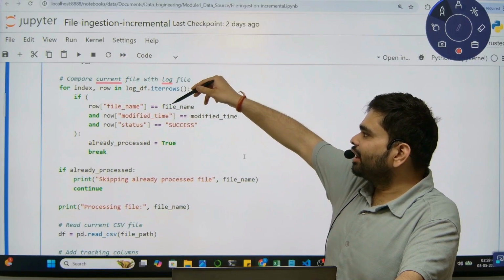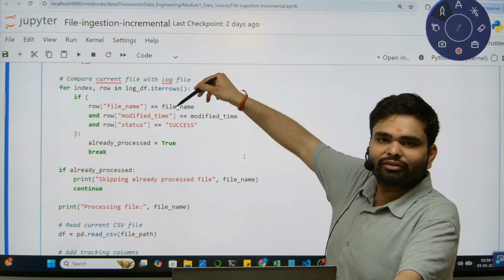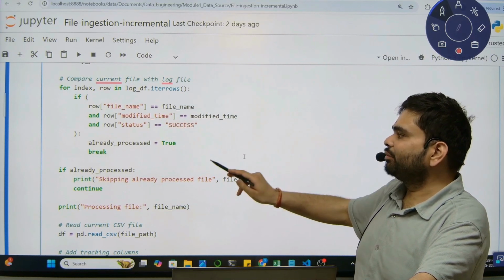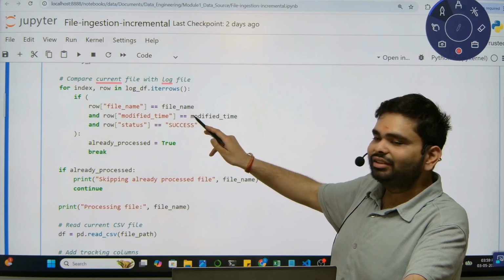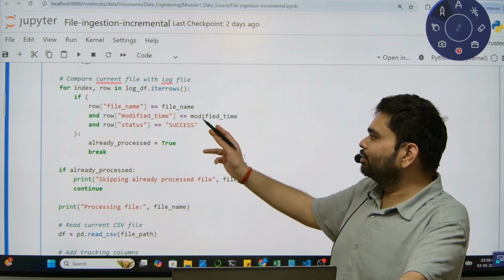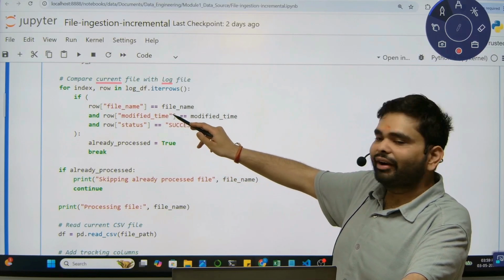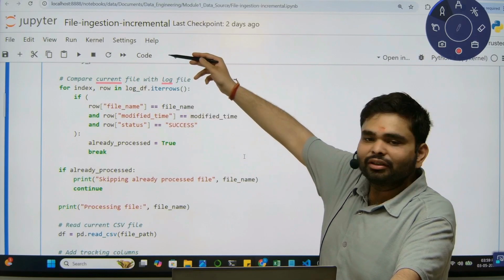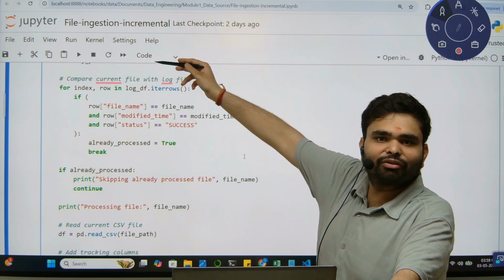If file name equals the file name, for example orders1.csv, then we check the modified time. The modified time in the log should be equal to the modified time which we have just loaded from the file.